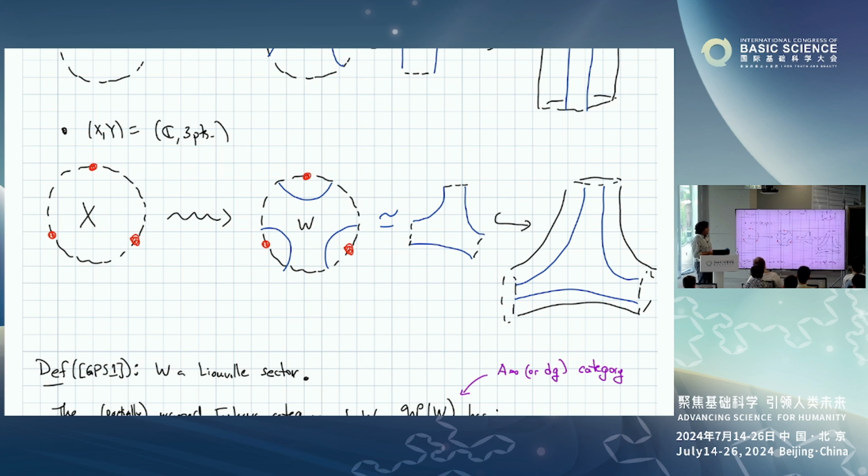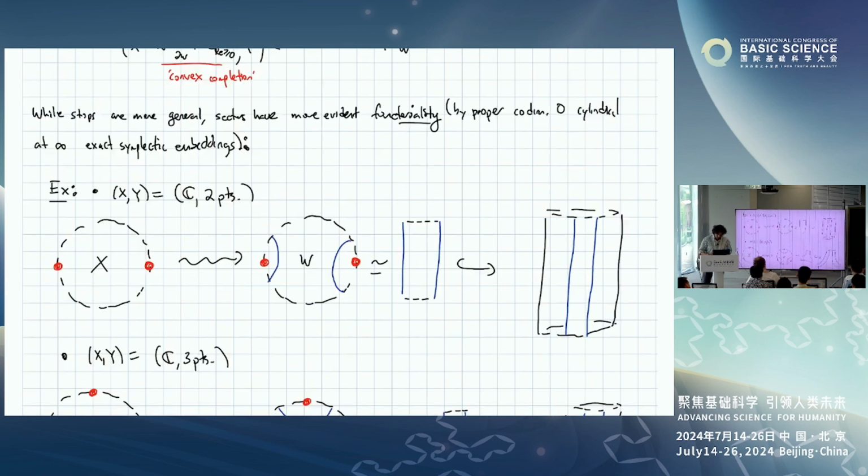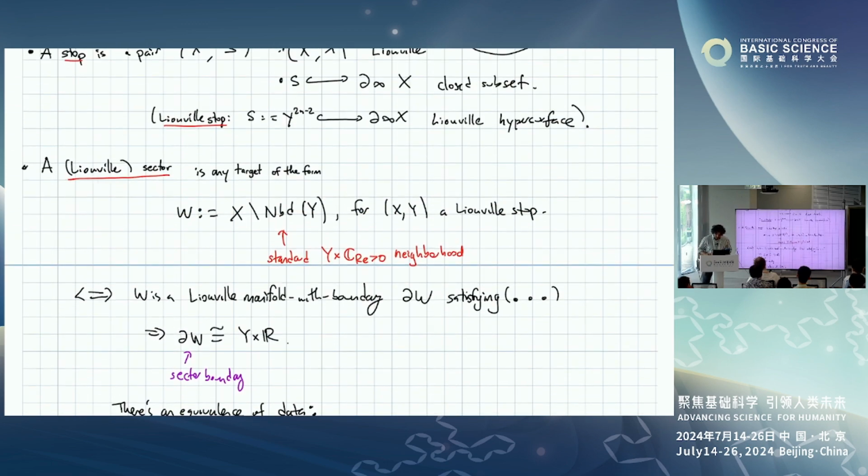And one of the reasons I might like to think of having a sector is that it's easier to embed this sector into other Liouville manifolds of interest. Sectors have a little bit more evident functoriality, and there's a wide class of inclusions of Liouville sectors. For instance, this sector, which we sometimes call the A2 sector, embeds naturally into this pair of paths. Okay, so